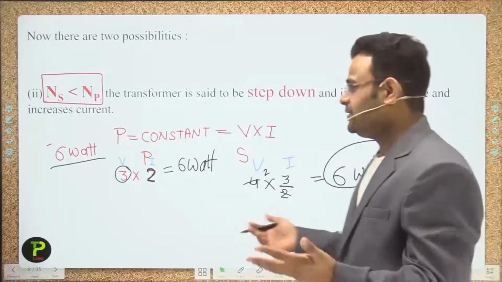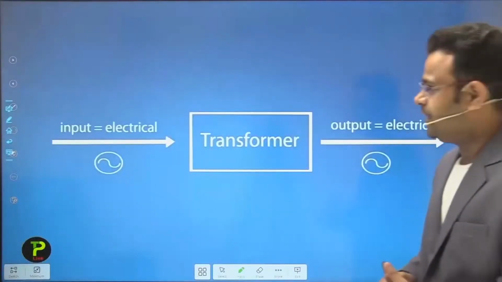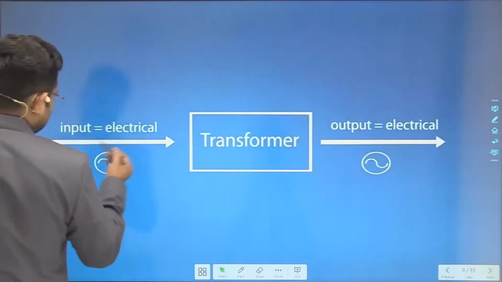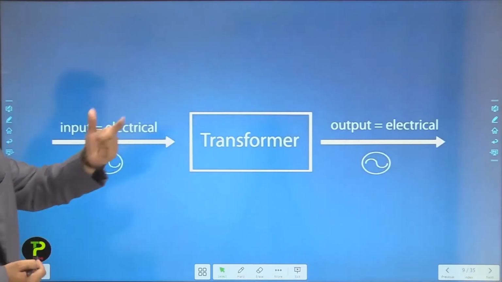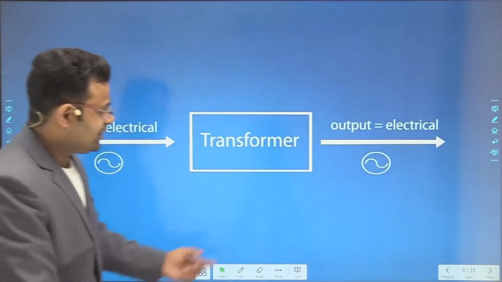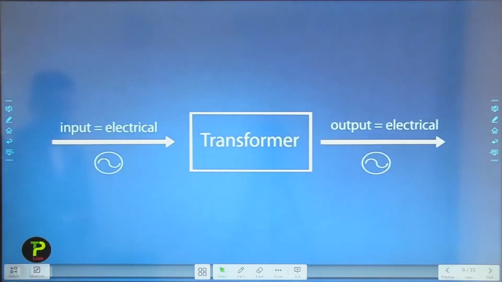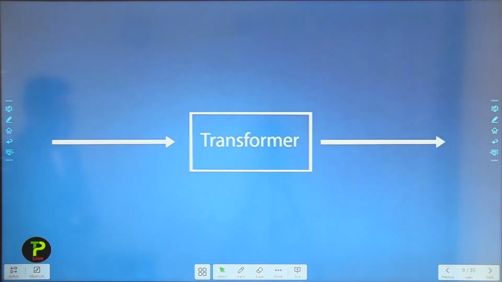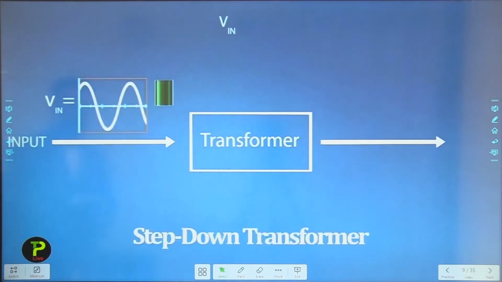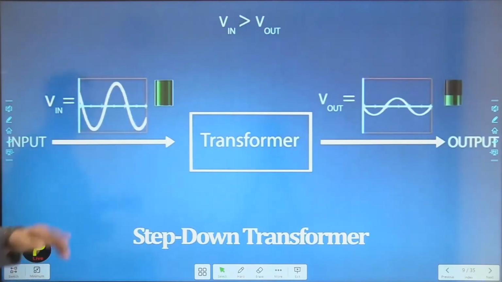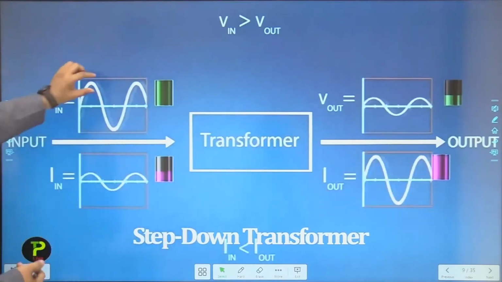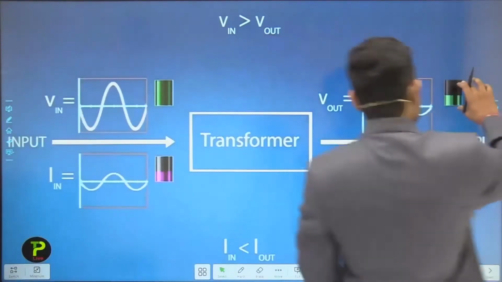Understand that point, guys? Now, step up and step down. That is the input power of an electric source, and that is transferred, and that is the output. This wave is also sinusoidal and this wave is also sinusoidal. Let's see that carefully. What happens when the transformer works as a step up and step down? First of all we use an input voltage, and when we bring the voltage down, in a step down transformer the voltage will go down. The voltage of that sine wave and of that sine wave will decrease.